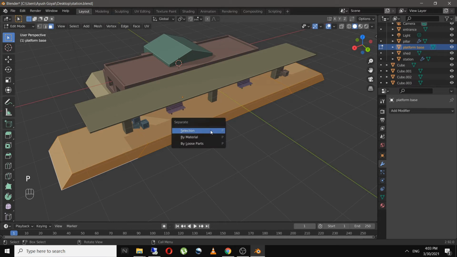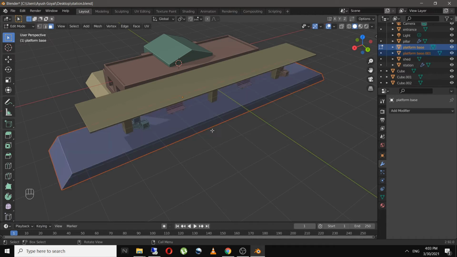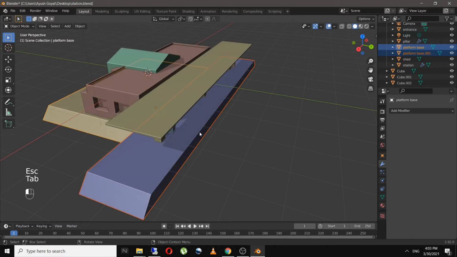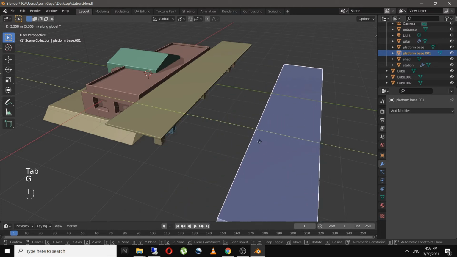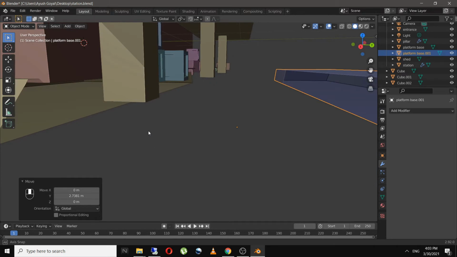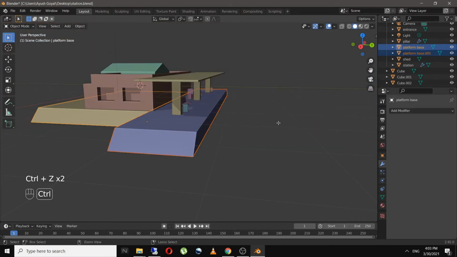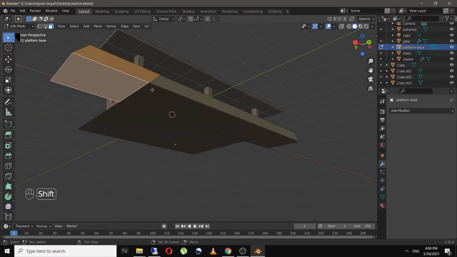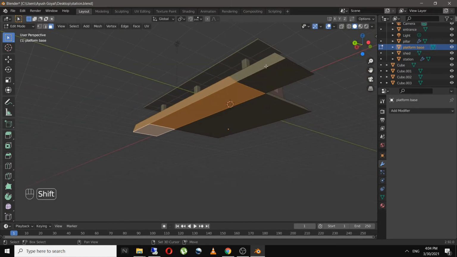And click on Ctrl P and choose selection. What this will do is separate the selected faces from the original geometry, as you can see over here. And when I move this on the Y axis, as you can see, this is free from the geometry, but we have this weird hollow looking shape over here. So I will undo this and select the faces again.